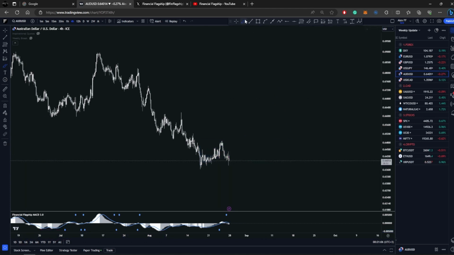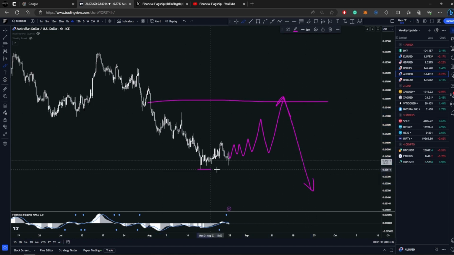Let me draw this again, because I want you to get the best possible outcome. Let's wait for this to pull back, make a deeper consolidation, and then when we reach this level here, we're gonna see if we get a reaction towards the downside. If not, let it do whatever it is doing. So until then, we will focus on something else.